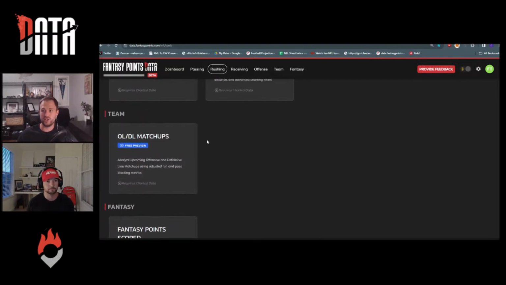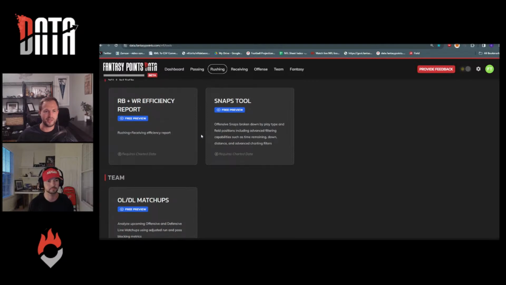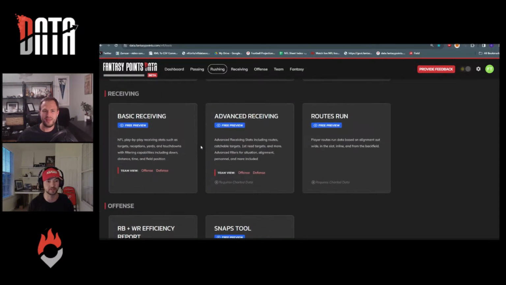And these are just the first set of tools. There's going to be so much more coming across the year into next year, and we don't plan to stop here for sure. Yeah, I think that's one of the most exciting parts about the data suite to me, that there's so much more on deck.